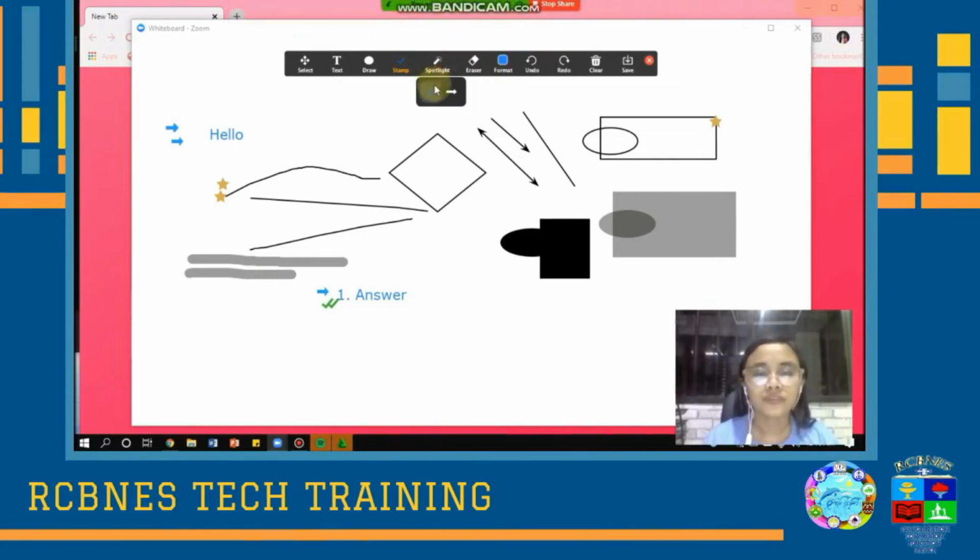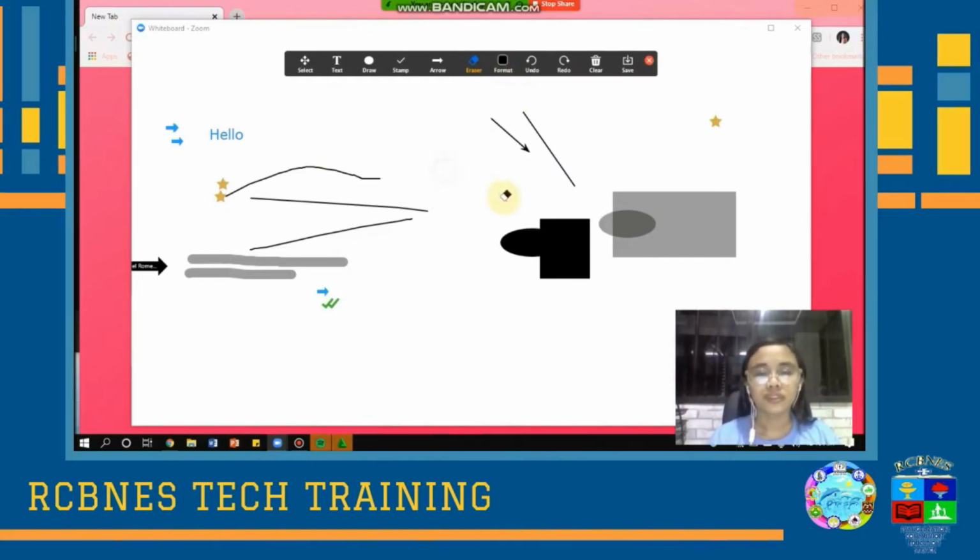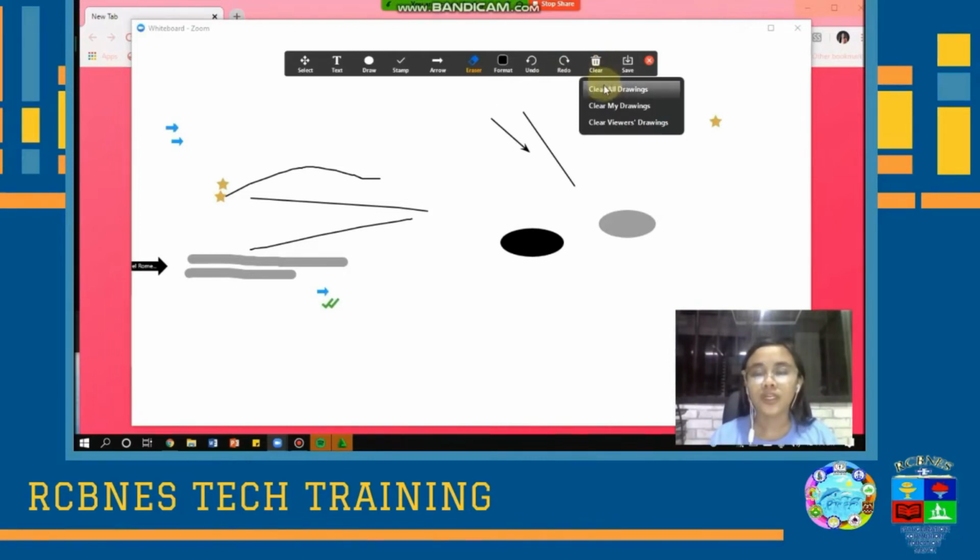For spotlight, for giving the emphasis here, the red emphasis here, or you can have the arrow which points out the thing you want to emphasize. So eraser, if you want to erase some drawings or some text like that. And format is if you want to format this one,